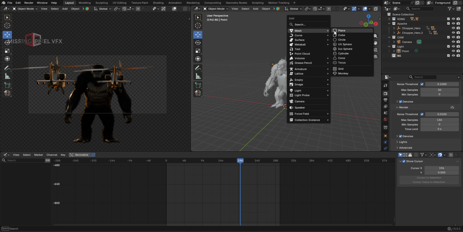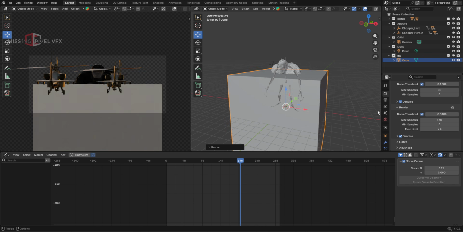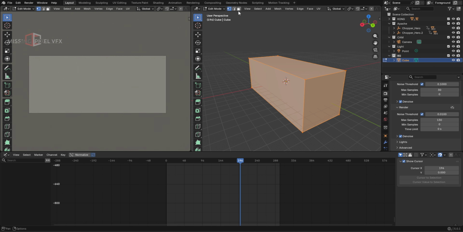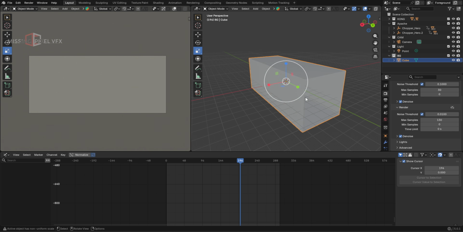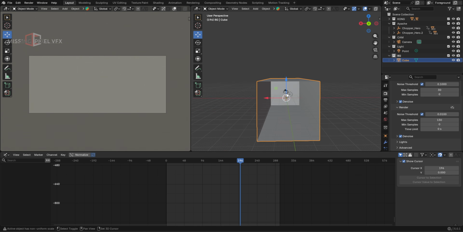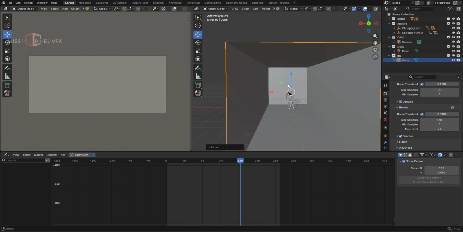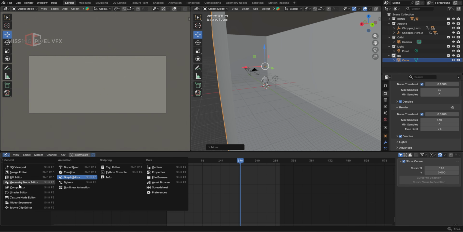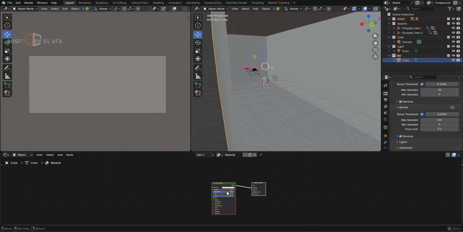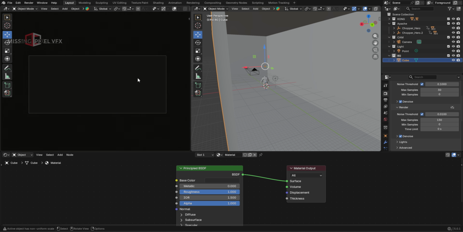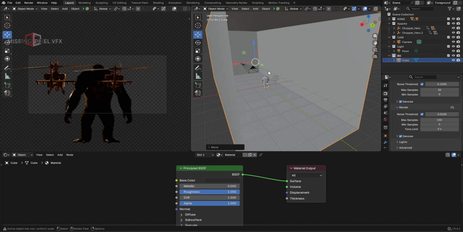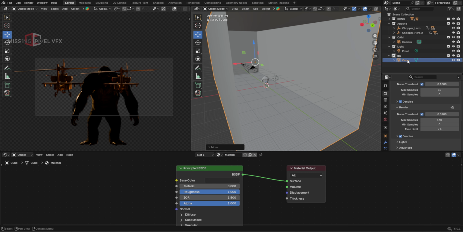I'll use a cube, or you can use any mesh, make it big enough, and then go to edit. I'll select this face because light is coming from this direction, right? So we'll delete this face, and we're already seeing the scene, and I'll keep it somewhat like this. And I'll apply a black shader maybe, and roughness I'll kill it. I don't want any roughness. Now it's coming in the camera, so we'll move it a bit further away, and this cube is visible,